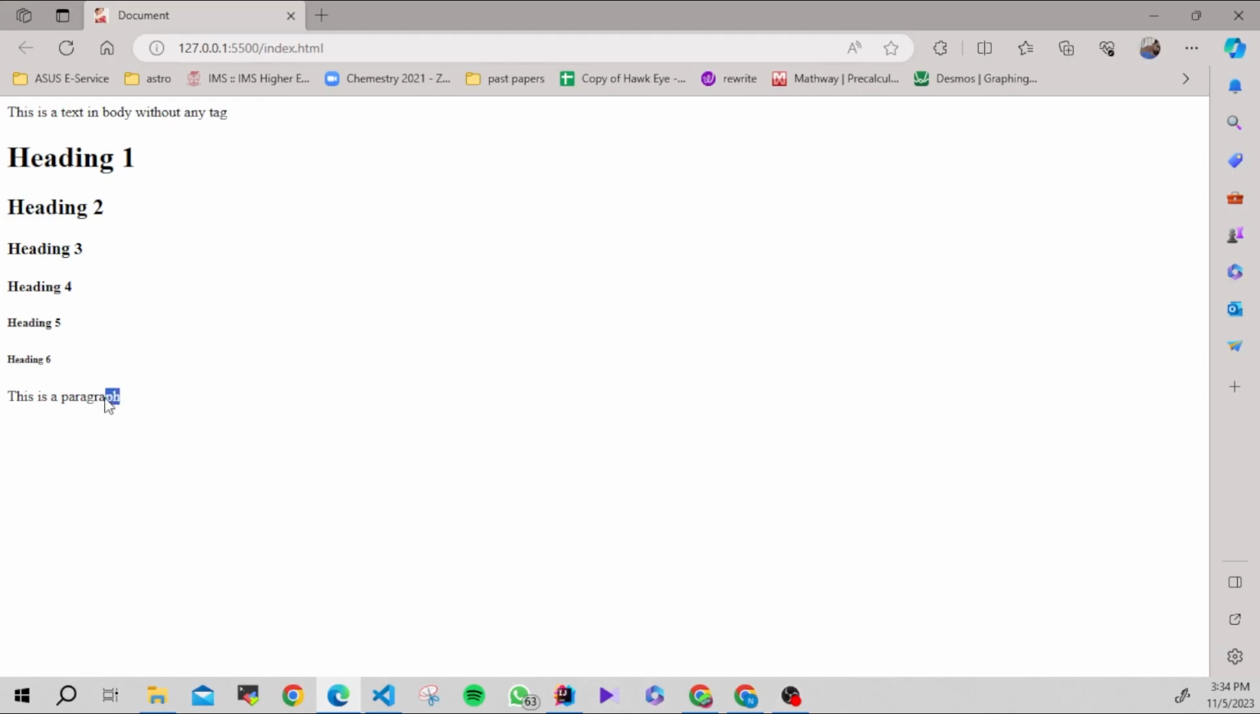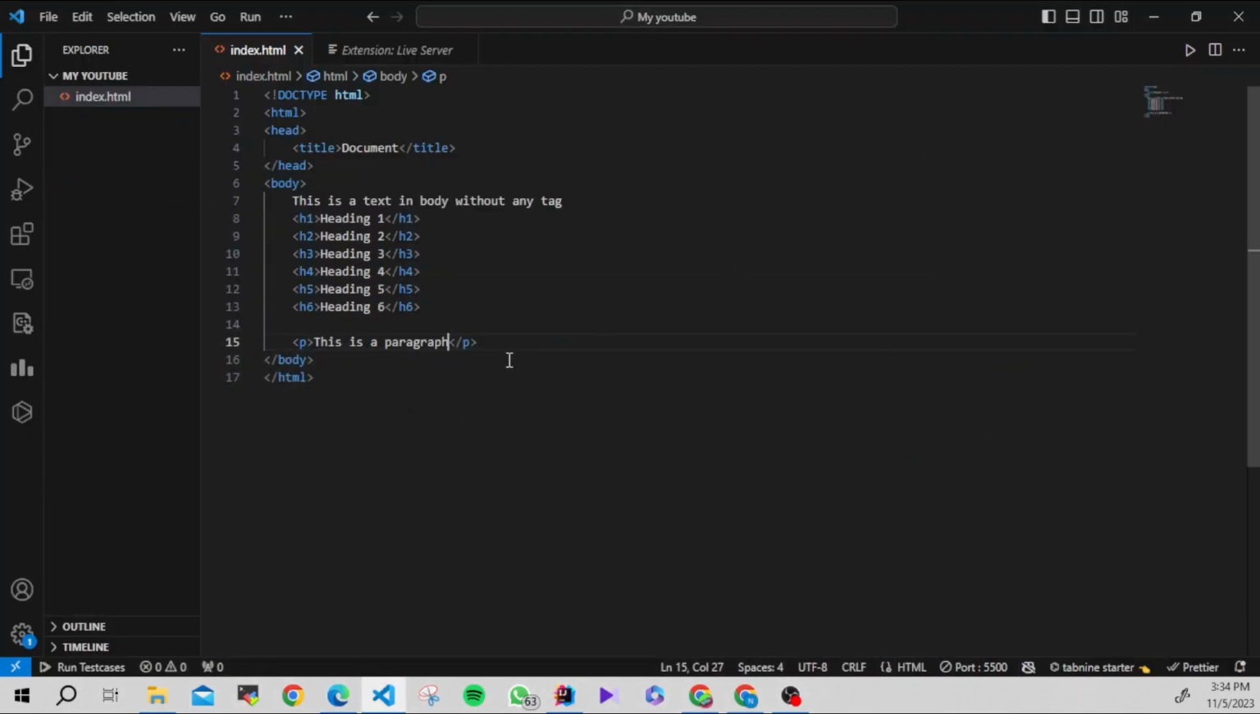You can see the clear difference between heading and paragraphs. You can see this paragraph part is not bold as these headings. All headings are bold, but the paragraph part is not bold. So we'll move one by one